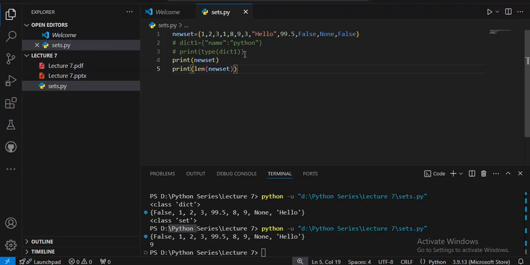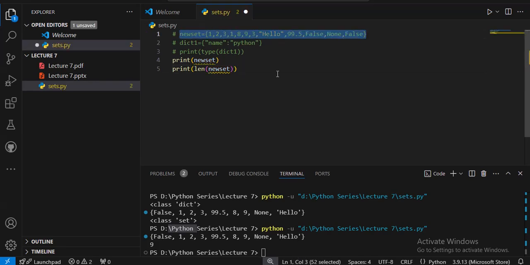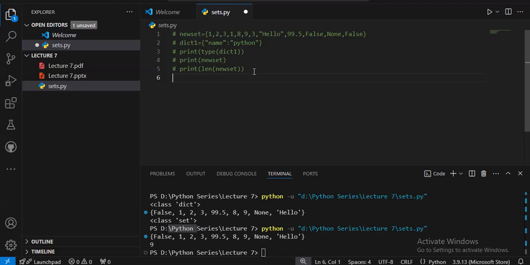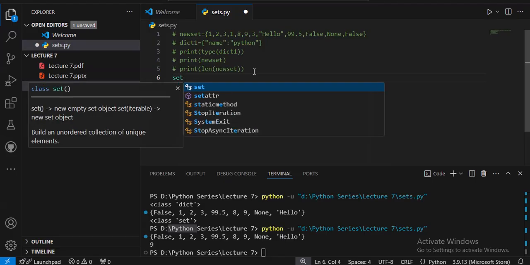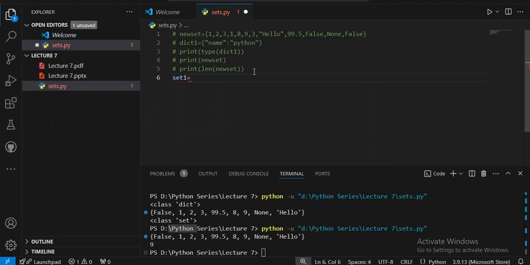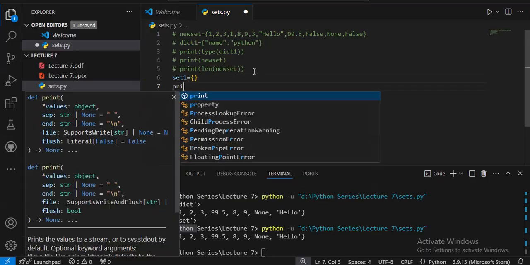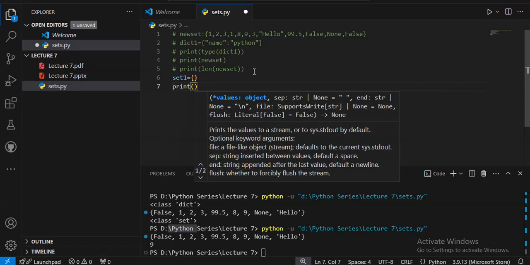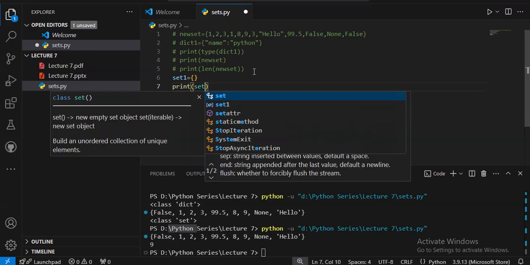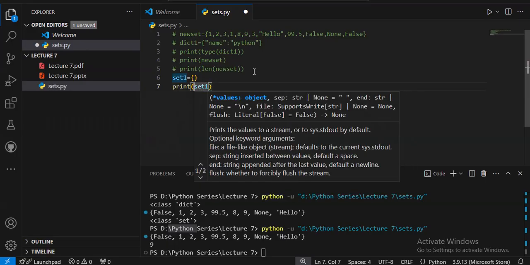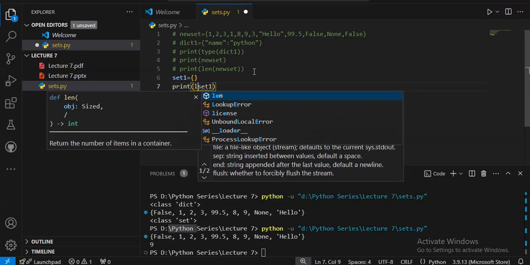Now, how to create an empty set? If I want to create an empty set, I will first comment this out. Now, simply, if I want to create an empty set, I will say set1 is equal to, I will write this. Now, if I print, as per our knowledge, what will we get? If I print set1 and I will write here type of